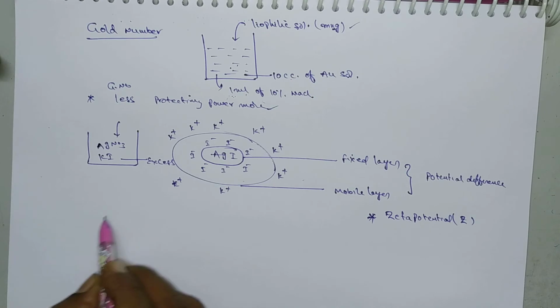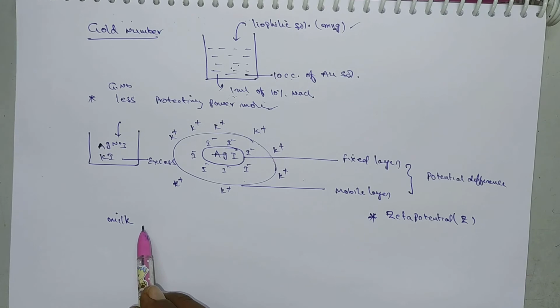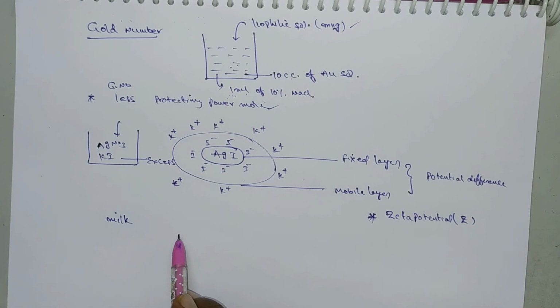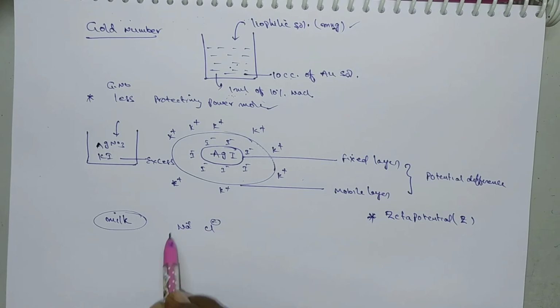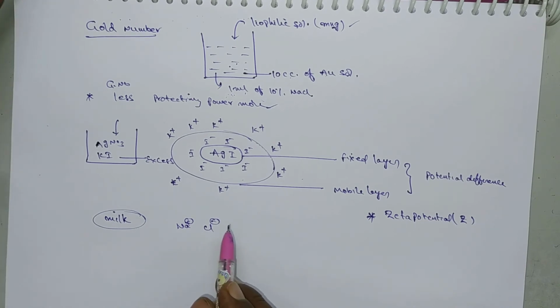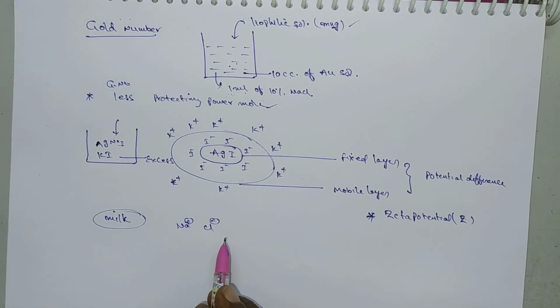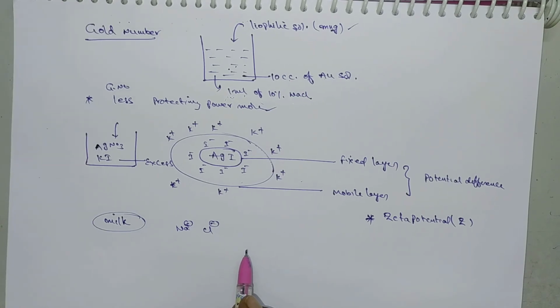And next one, milk is a colloidal solution. Milk is also one of the colloidal solutions. Coagulation of milk takes place by the addition of excess amount of electrolyte. Suppose sodium chloride electrolyte is added, so the dispersed phase particles will adsorb some of the ions. By the adsorption of ions, the dispersed phase particles will associate with each other due to decrease in charge. Then it will convert into suspension. That suspension is nothing but casein. So here milk is converted into casein by coagulation process.